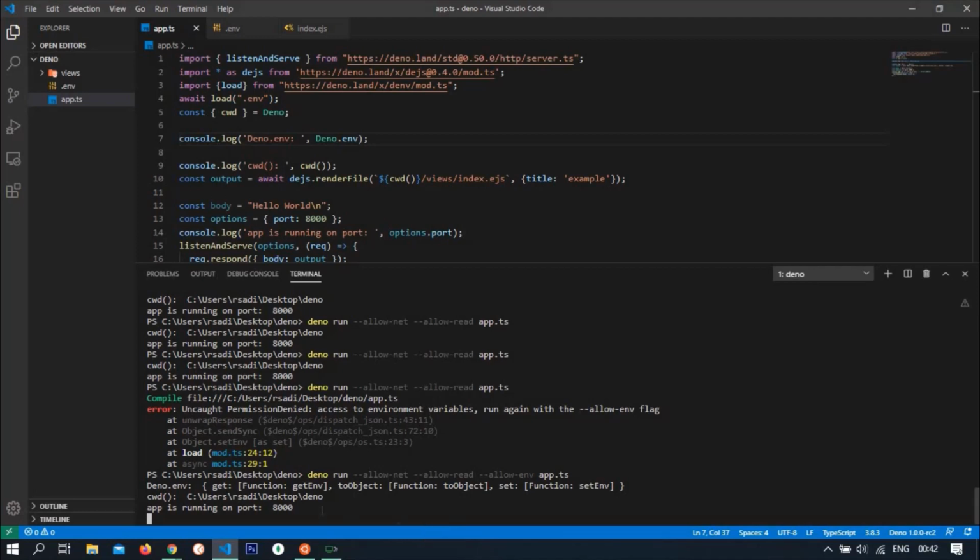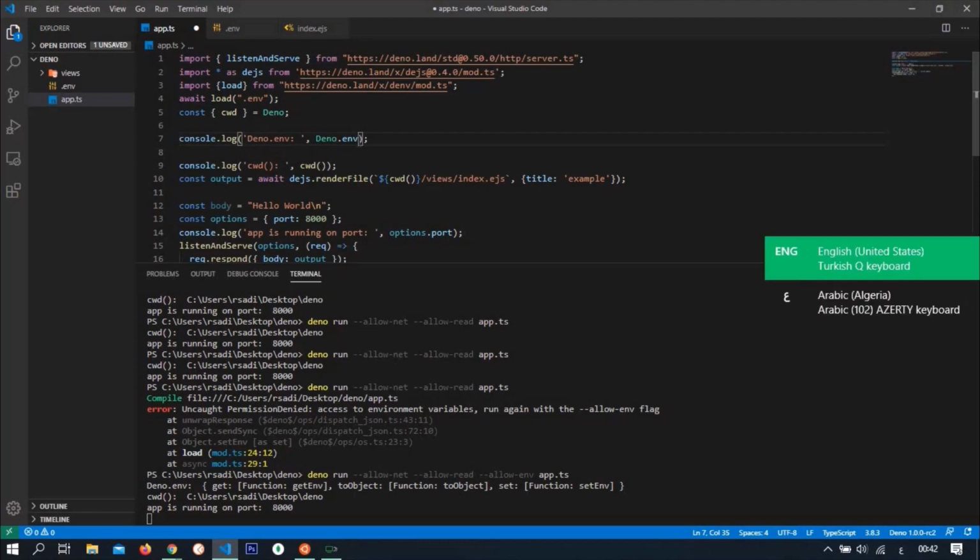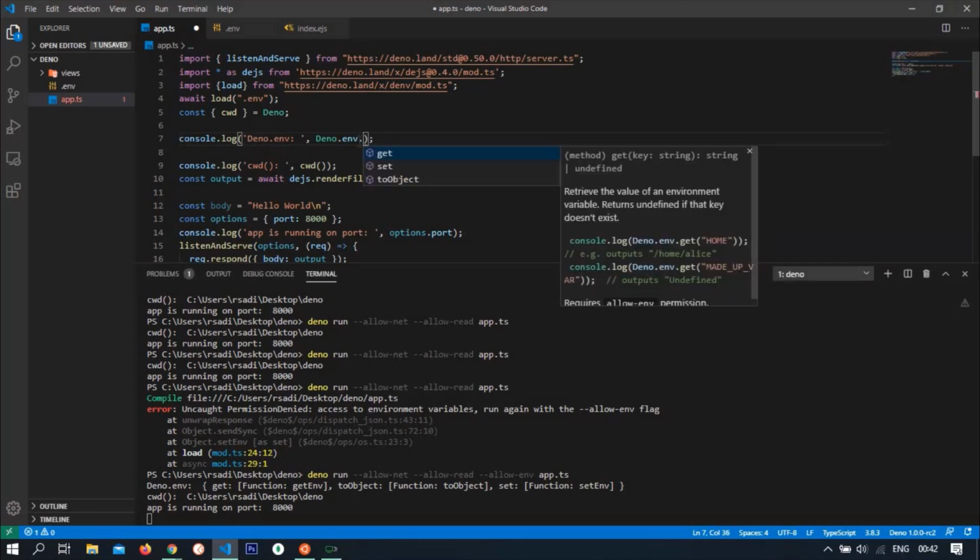And then you can see that deno.env is an object that has functions, as you can see: set function, get function, to object function, right? So I guess we'll use the get function. It's very convenient, it's very understandable. So we'll simply say get,